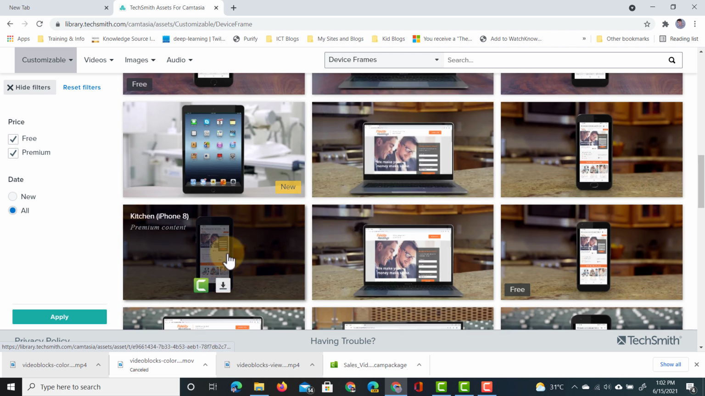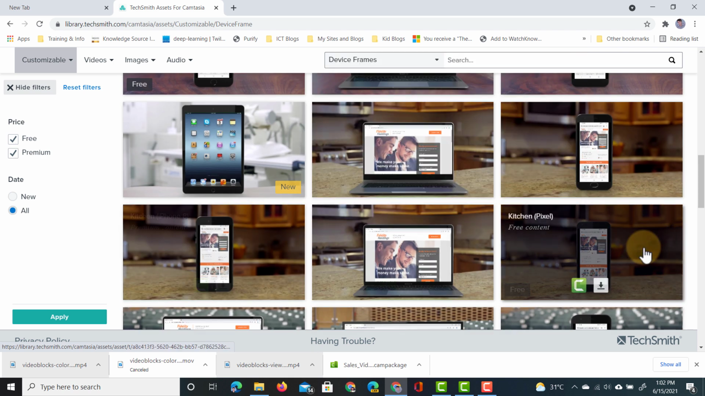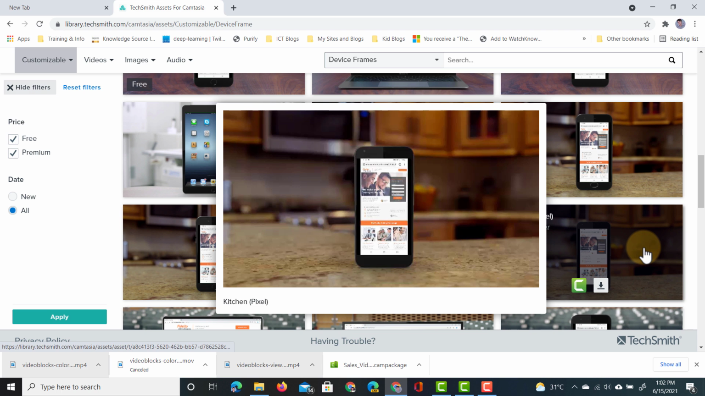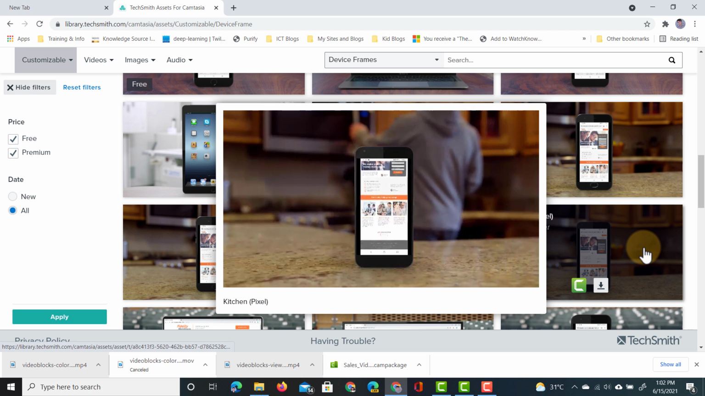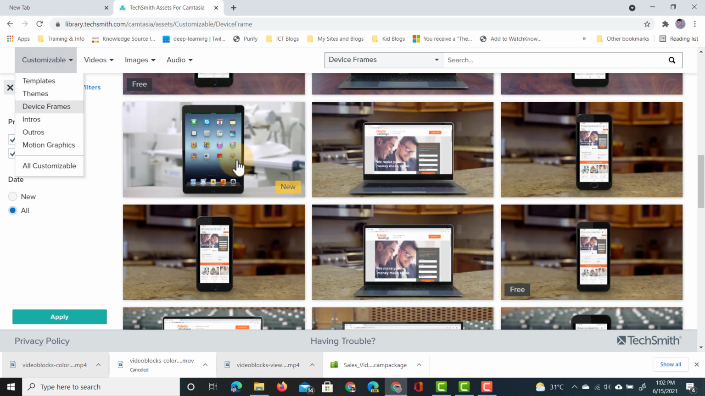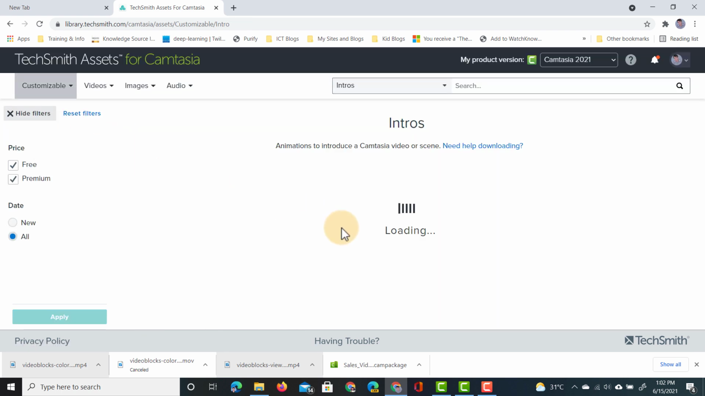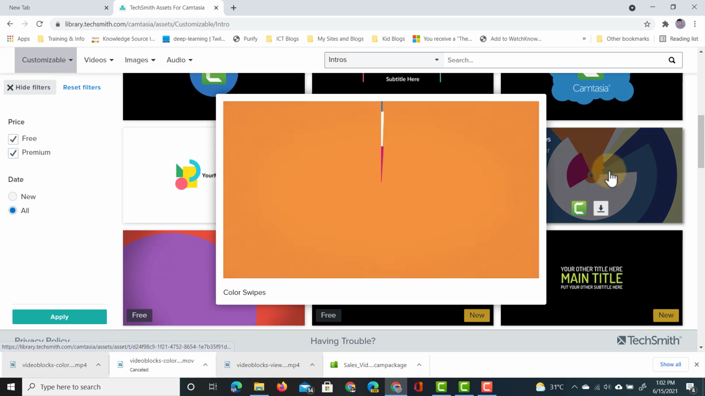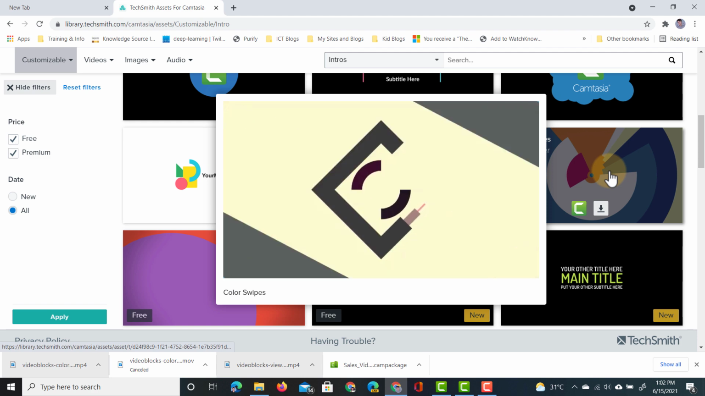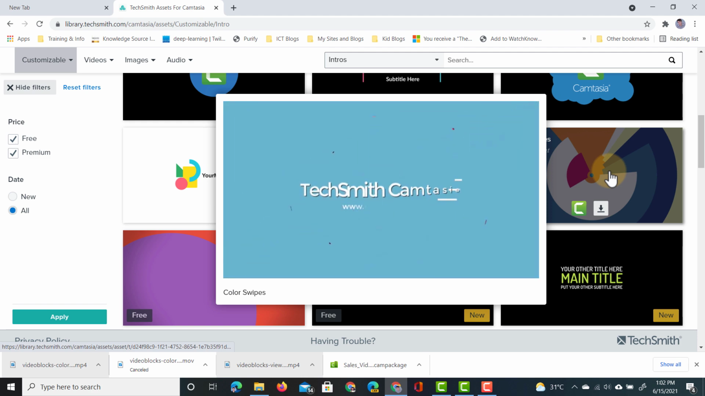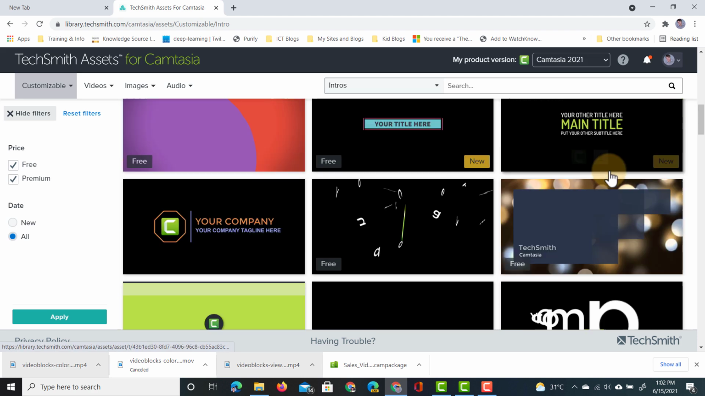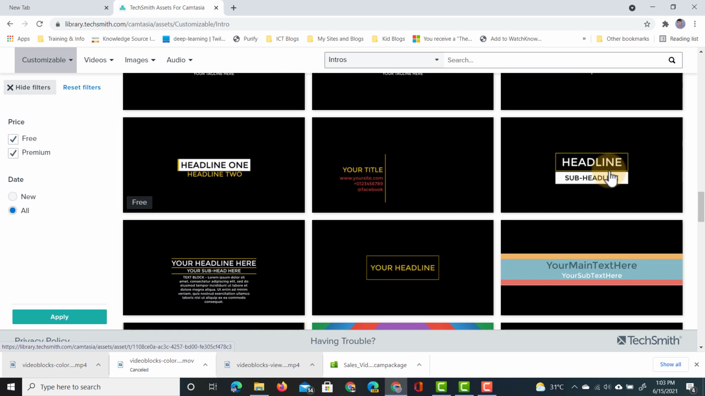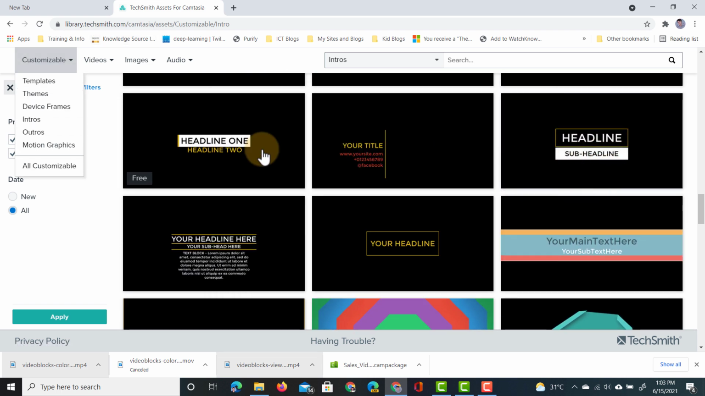We have different generic phones. We have an iPhone here. We also have the Pixel device, and there's many different devices being added regularly to this library. We also have different intros. So as you can see here, we have different intros that you can preview. All these intros can be tweaked, colors can be changed. And again, there are both free and premium options available. You can see there are literally dozens of different intros available. In addition to those, you have outros and motion